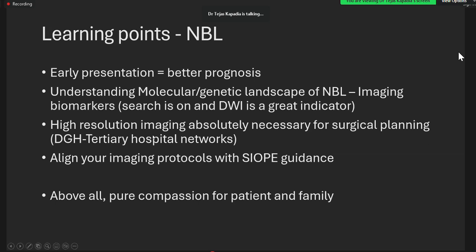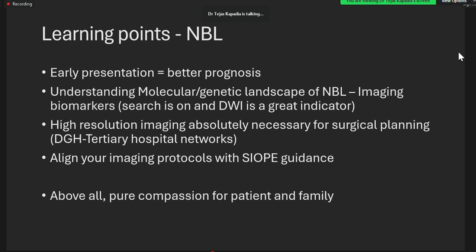High resolution imaging is absolutely necessary for surgical planning. Like I showed you in some of the cases, we're doing a study on that at present, assessing the utility of T2 SPACE, the high resolution T2 sequence, especially for the suprarenal lesions. It is important to align your imaging protocols with the SIOP guidance. So look out for a paper which will be coming out in a few months with the recommendations of what